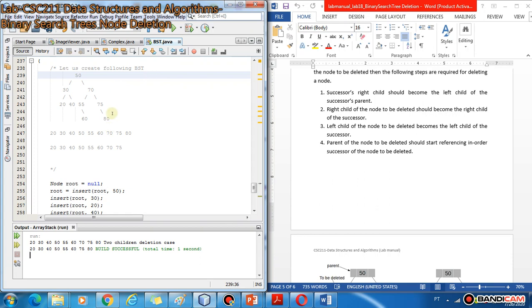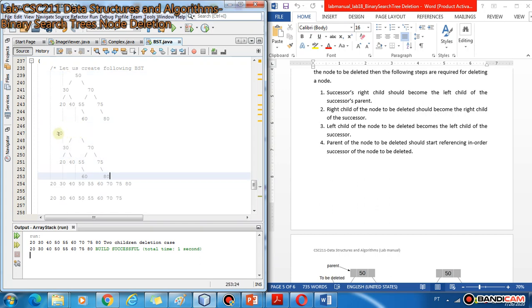Let me copy and paste this. Okay, so this 50 will be replaced by 55, the rest, this 30, will remain the same, and 20, 40 will remain the same. This 55 will be deleted, and its parent 70's left child will become the right child of this 55, which is 60, will come here, and the rest of the nodes will remain the same.